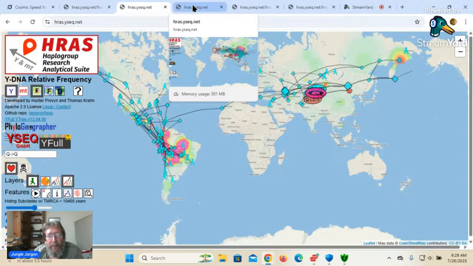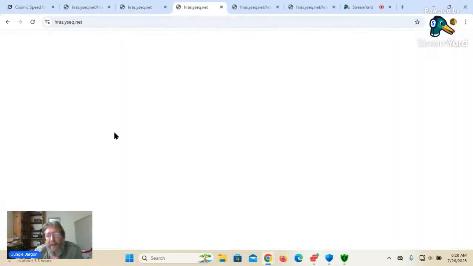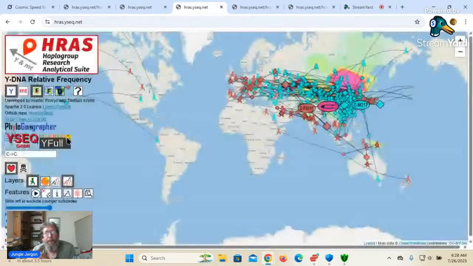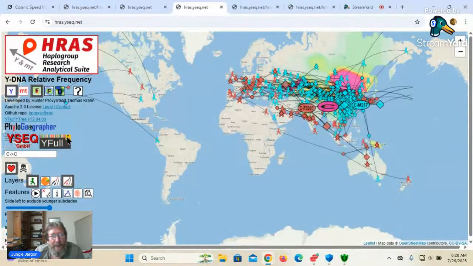They have the C haplogroup from the great-grandson of Noah. His name is Nimrod. He was the first king of the world. So he had many, many sons and daughters, as you can see here, which reached South America. So this is the only sample on HRAS, but actually I think they've updated this somewhat, where they got more samples up in North America now. Anyways,